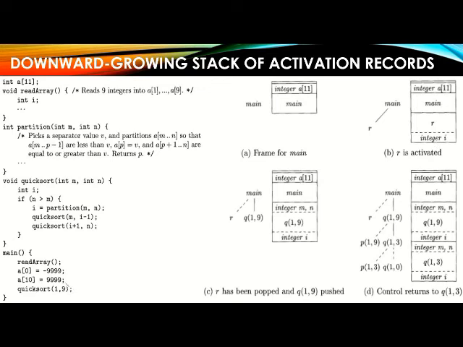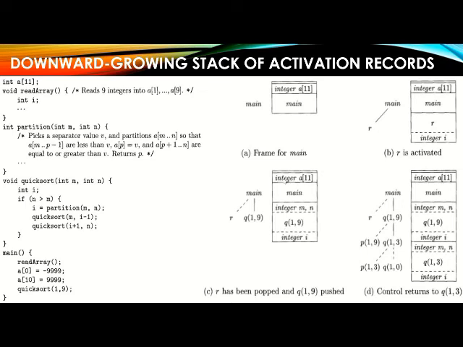Whenever we use the quicksort function, the memory frame or activation record for that procedure is this one. Till now, starting with int a[11], then the main function, then the void readarray function, within which we declare the integer i, and then we call the quicksort function.